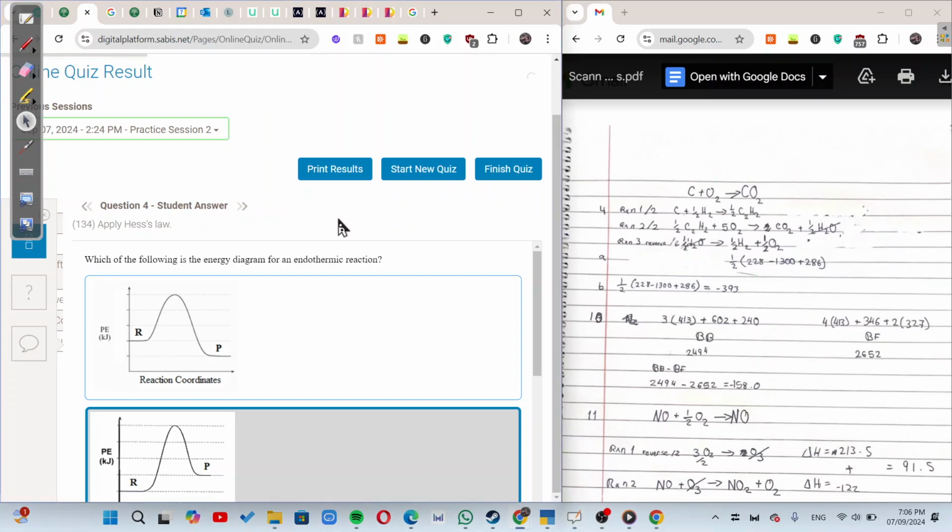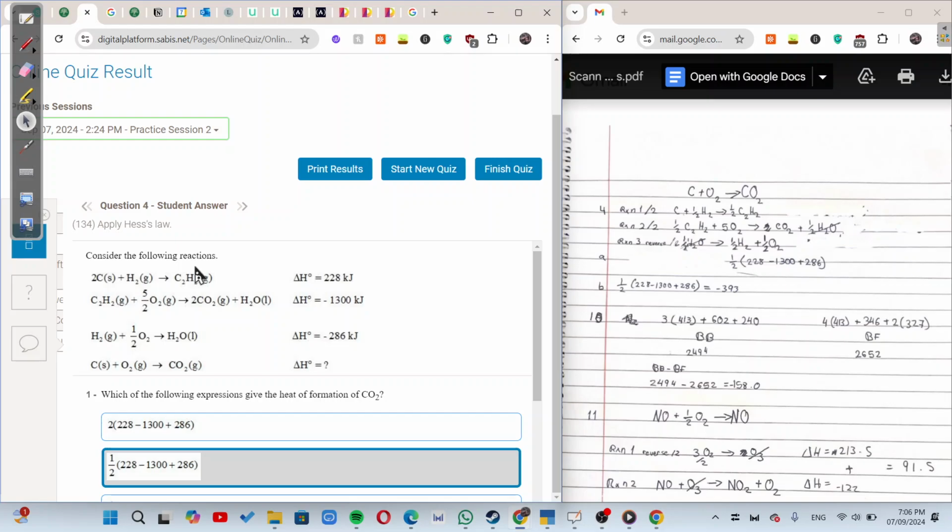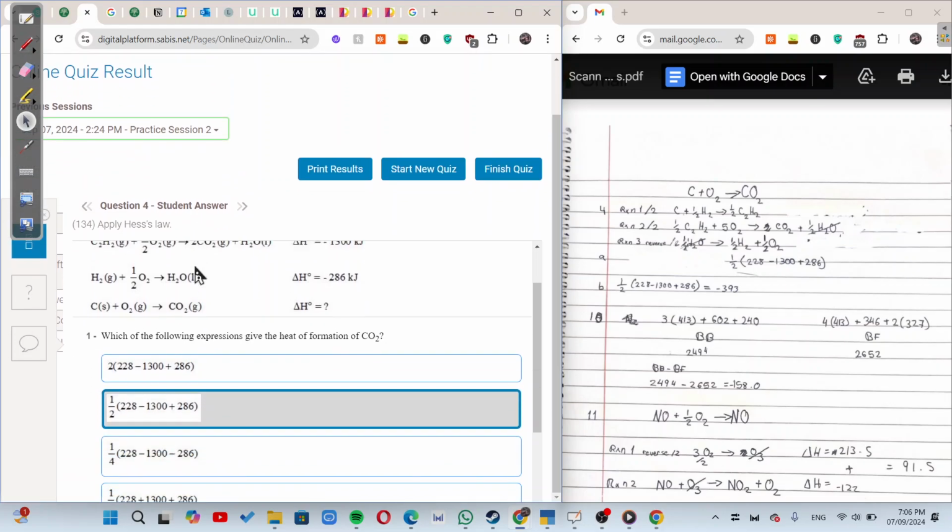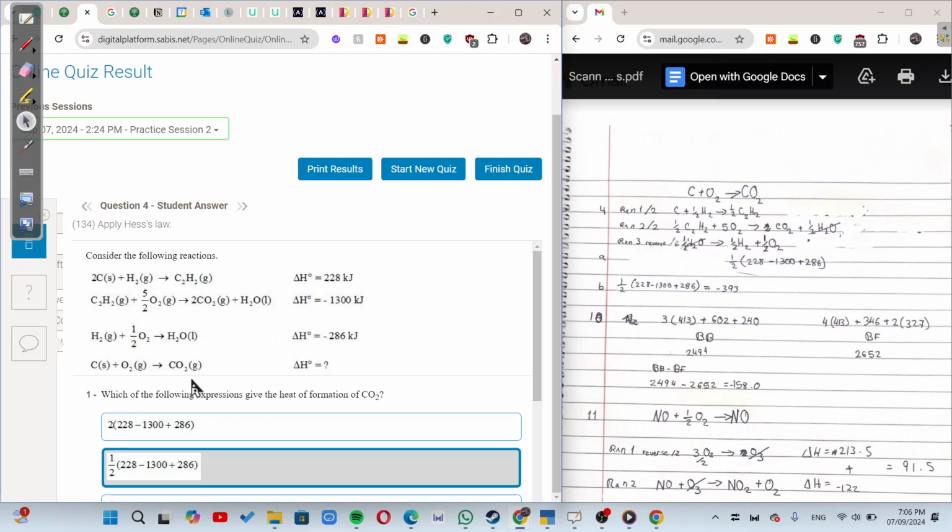Now for question 4. It's Hess's law. So we have to find the heat of formation of CO2. For this question, you're going to look at all 3 of your reactions. First of all, you're going to write down on your paper what you need, which is here. This is what you need. I'm going to change the highlighter color because I don't like it. Anyways, so now you write down your 3 reactions and what you have to do to them